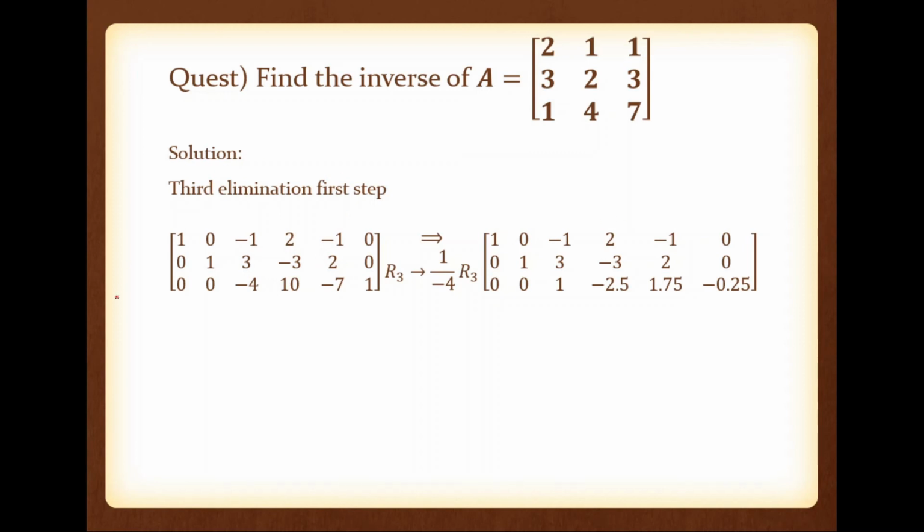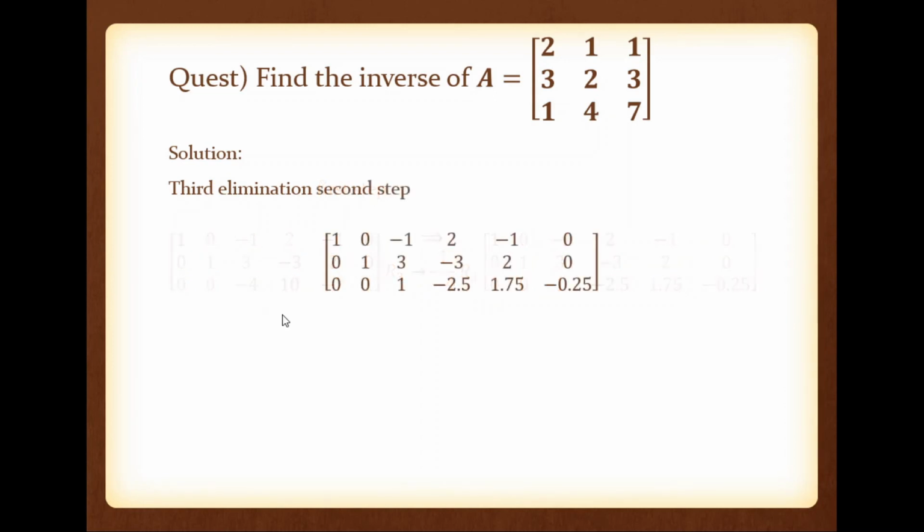Now, what is the second step of third elimination? So the second step of third elimination is eliminating the x3 except from third row. So this is the third row which is acting as pivot equation. So except from this row, we are removing x3. So we are removing minus 1 from first row and 3 from second row. This minus 1 and this 3. Okay.